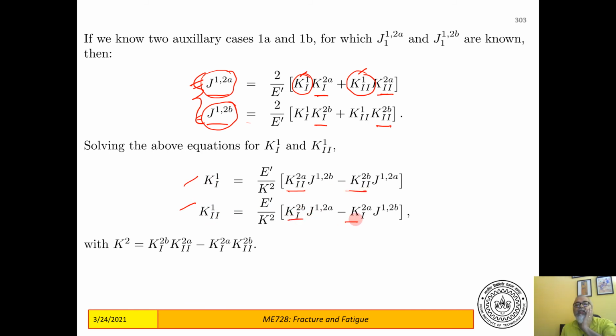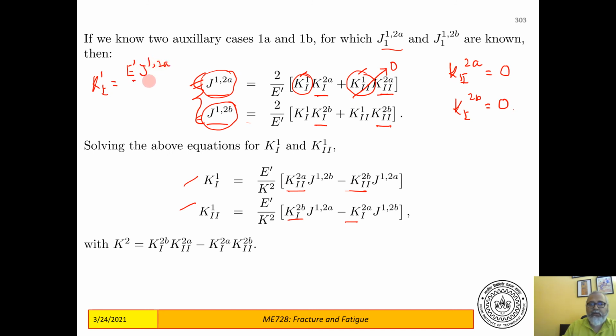But we can do something a little cleverer. We can choose two cases. This first case can be one where K2 2A is equal to 0 and K1 2B is equal to 0. So these are the two cases that we choose. So in the first case, this is equal to 0. So K1 1 will simply be E prime J1 2A by 2 K1 2A. So that's from here,